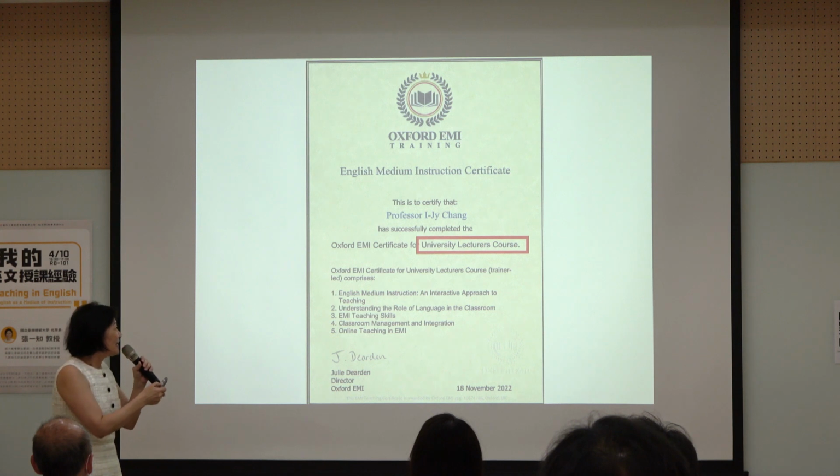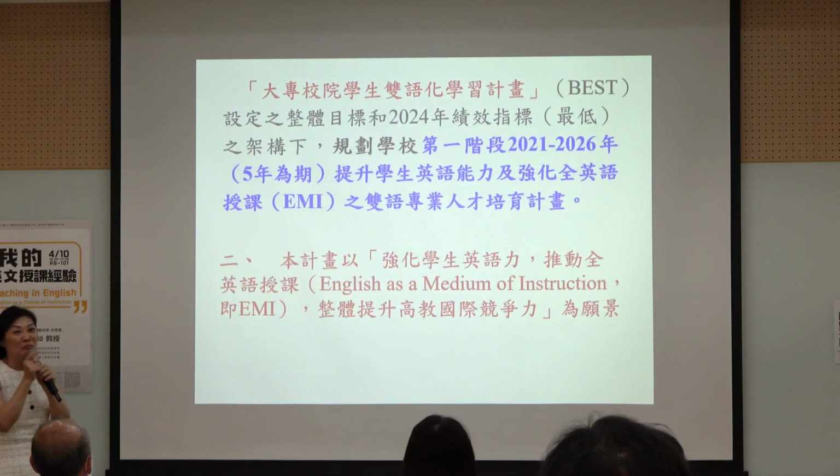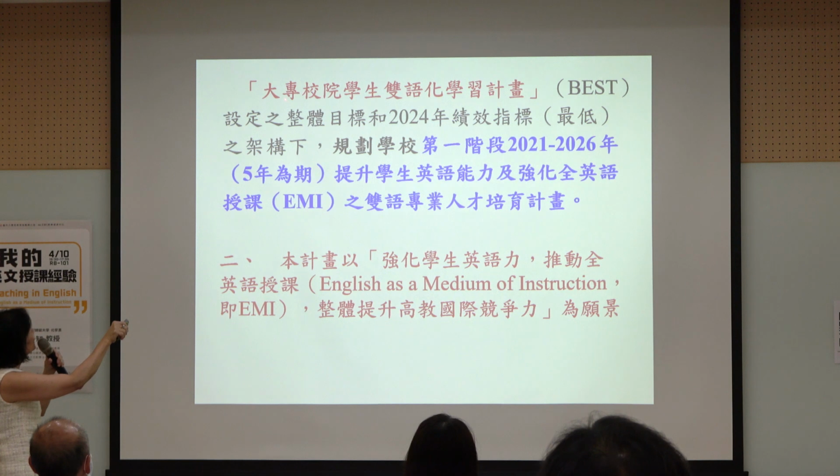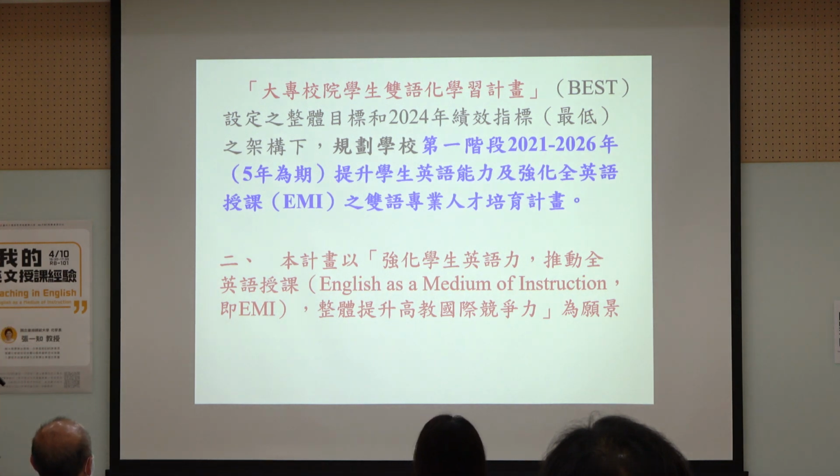Okay, so then comes the university. That's what Professor Gao was talking about. Actually, it's parallel. High school and university are roughly the same time. Okay, so this is for the university, the best program. I actually don't know the full English name for this, but the short is for the best.